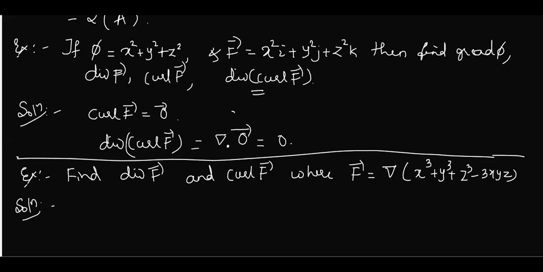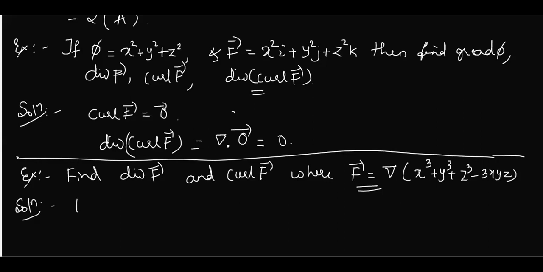Vector quantity. But now see your f. Is it looking like a vector? This expression is not at all looking like a vector, but actually it is a vector, because what is being operated here? Del. Del is operated and del is a vector quantity. So if you apply a vector quantity on a scalar, this inside the bracket is a scalar, the resulting thing is a vector. So let us simplify and find this quantity. Then we'll find divergence and curl.